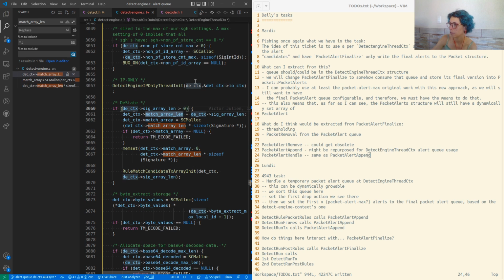So we have detect engine context with some information already. Oh, I'm messing up here. And if the signature array length, so probably what we have there is greater than 0, then we will say that